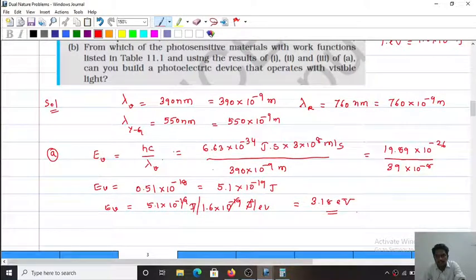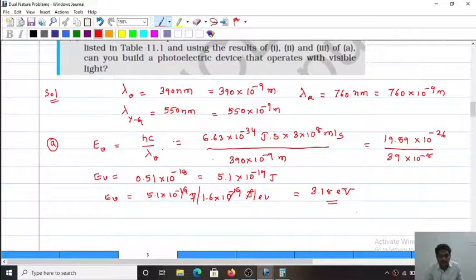The space is insufficient, so I will write the energy value here: E V equals 3.18 electron volts. We got the energy of violet light as 3.18 electron volts. Okay, similarly we can find